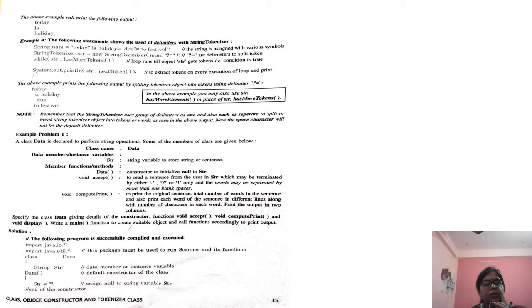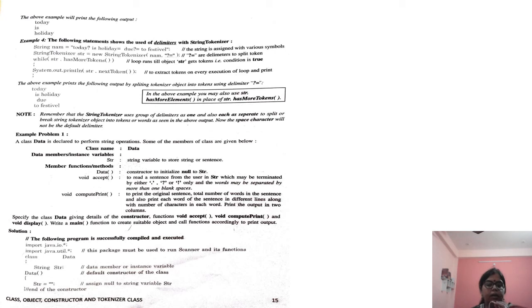See here, students, in this line no space has been given, but certain delimiters are given. Then the output is going to come: first in the first line today, then in the next line is holiday. After that, because of the assignment sign, it is going to give a space for the next line, and then your output will come due, and after that the output will come festival. See here the outputs. So go through that example.